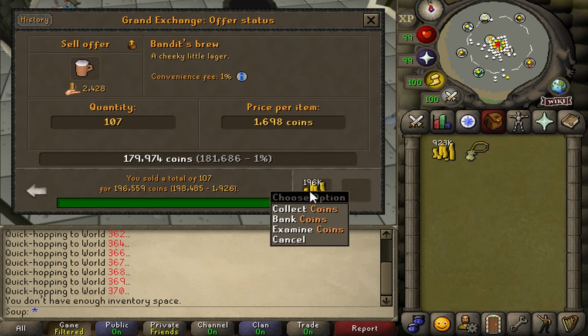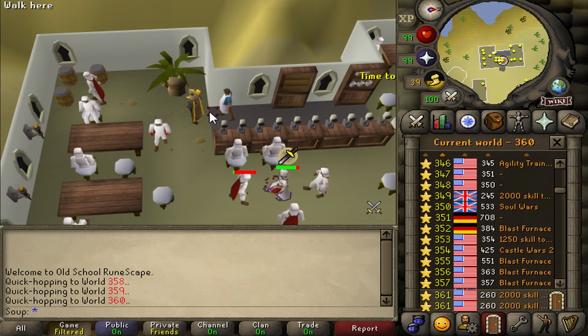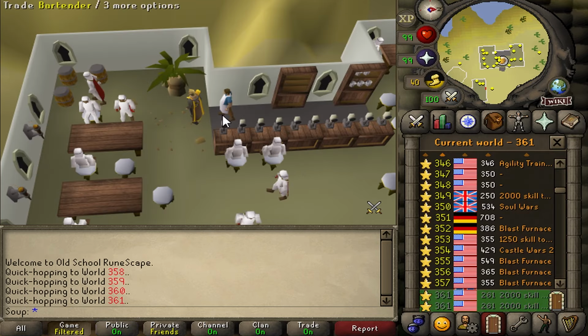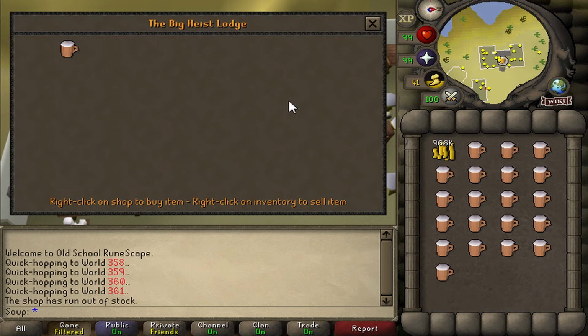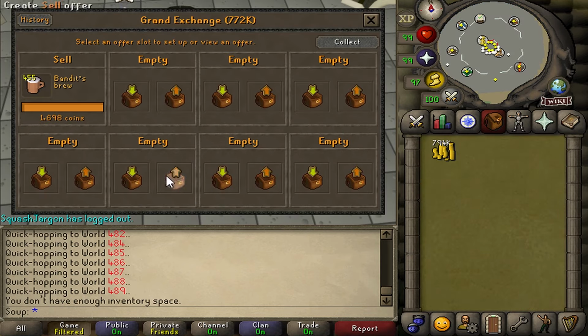All of them. Instantly. For 198K, meaning we profited about 100K in 5 minutes. Okay, good start, but I was still skeptical. There's no way they would instantly sell again, right? Well, this time I did it for 25 more minutes and ended up with 455 brews, and they all instantly